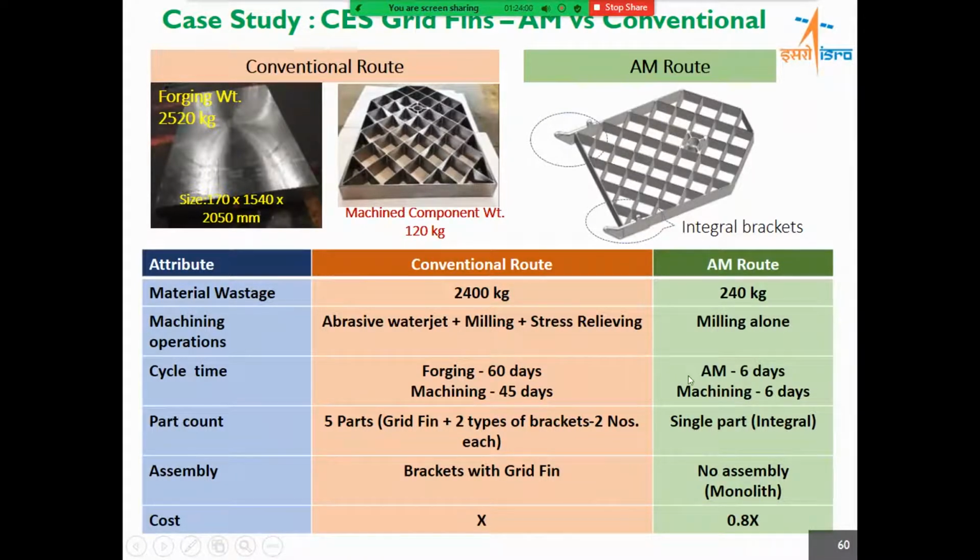and print it as a single part. And assembly also is not required, it can be a single part. And here we have done a preliminary cost savings analysis, and we found that we can get some 20% cost savings at least. So once we have this machine with us, this cost can be brought down further, and we can maybe achieve 30 to 40% cost savings. And we already have planned to do this component through electron beam additive manufacturing through Sciaky USA, for which I had shown one video.